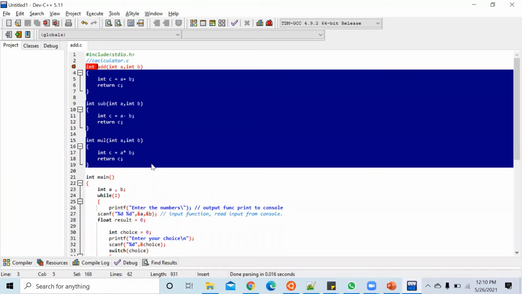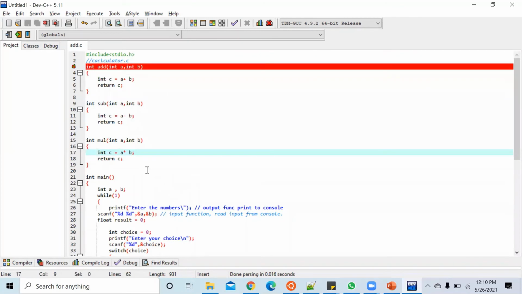The purpose of the functions is to break up a complex code into smaller pieces actually. So if somebody else comes and sees your code, they will be able to understand, and they will be able to modify in your absence as well. Okay, this is about functions.